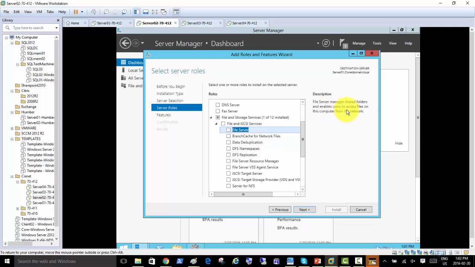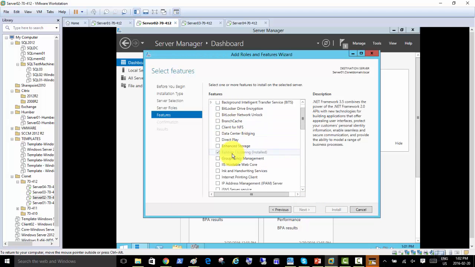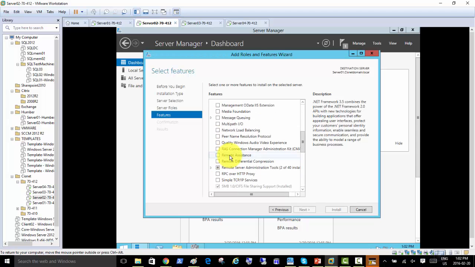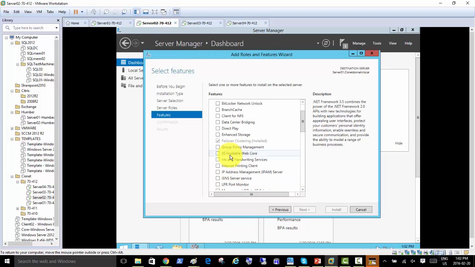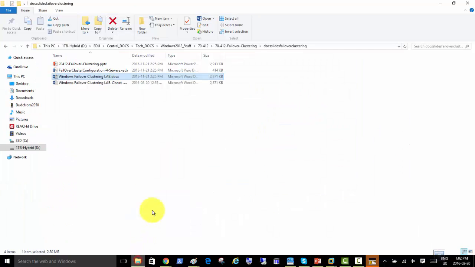Shared folders and enabled users to access files on this computer from the network. Okay, file server here. So on the roles, but let me check, if I go to features, there's nothing starting with file that says file services. Nope. Yeah, that's it. So I'm just going to go back, file server, and since I don't want to come back here and waste our critical time,